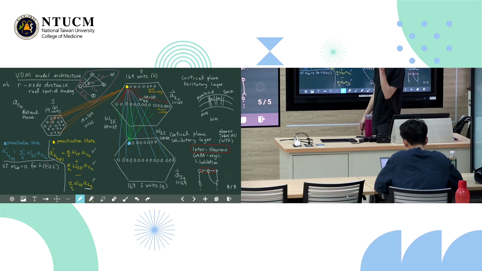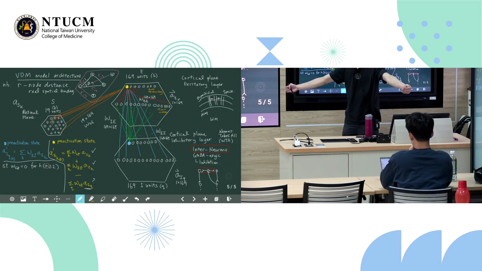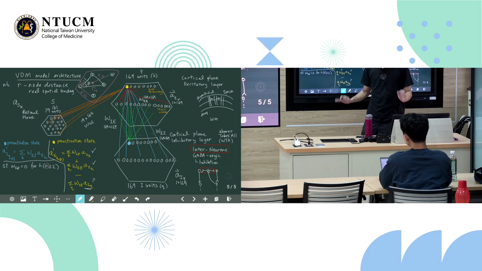Okay? If the distance of a given node to this so-called target node in question is greater than or equal to 2, the weights are 0. So in other words, think about it. The only units that can excite in the excitatory to excitatory layer are its neighbors. Anything beyond its immediate neighbor has 0 influence on you through the excitatory path. Okay, does this make sense? This little qualification, this little adjustment to the WEE.